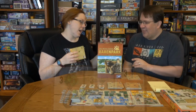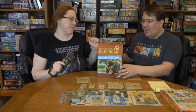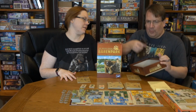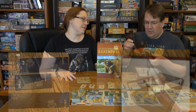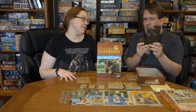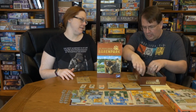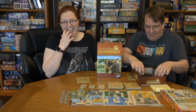Well, you say it's very functional. When we talk about function, the game is functional. When you talk about what is in the insert now... Okay, so there is an empty box. There are 3 little boards that go in here, and there's one diagram in the rule book that shows you how to assemble this, and all it shows is inserting these. Now, I'll note, 1 notch on each one of these. I don't know how geographically you're supposed to orient them in such a way that this would ever work and still fit in the box. There should be 2 notches on at least one of these, and...